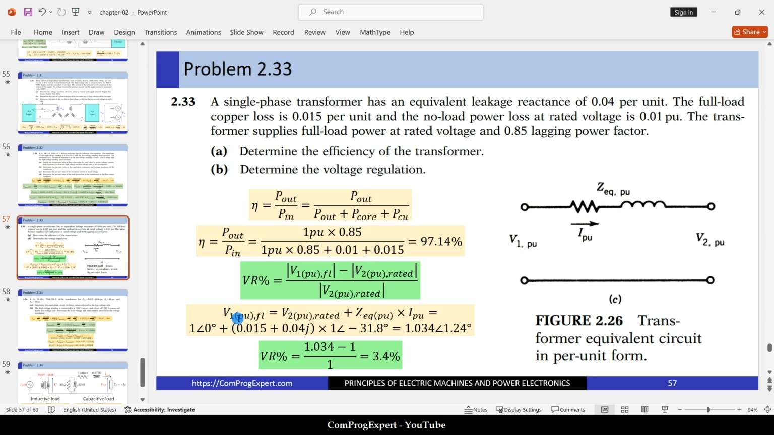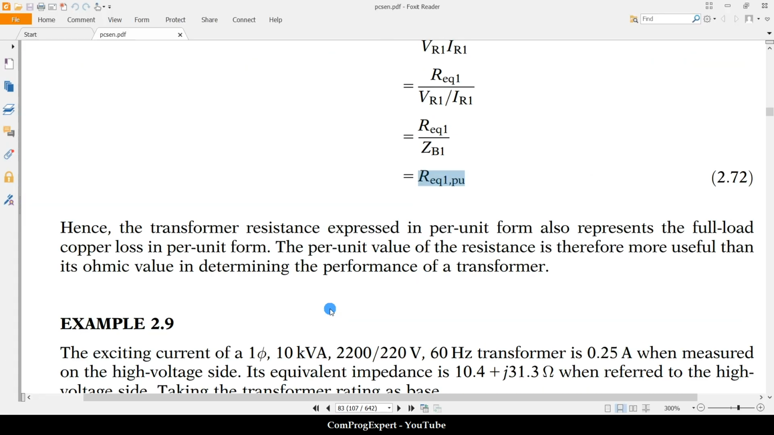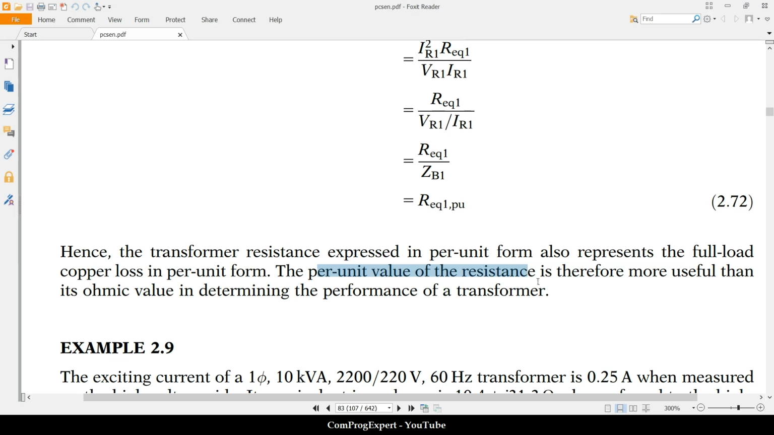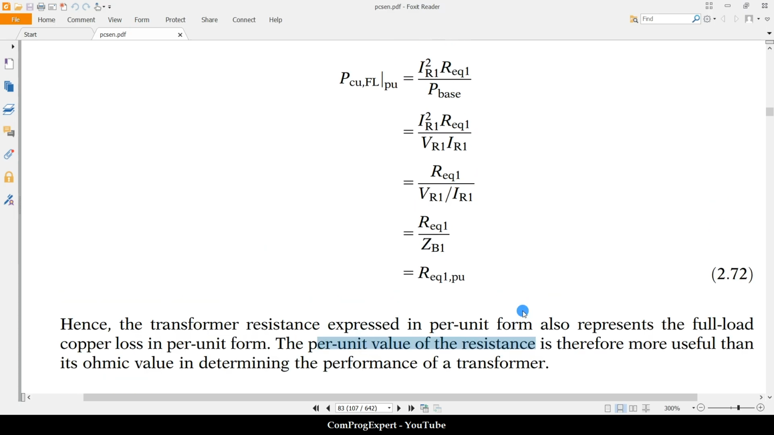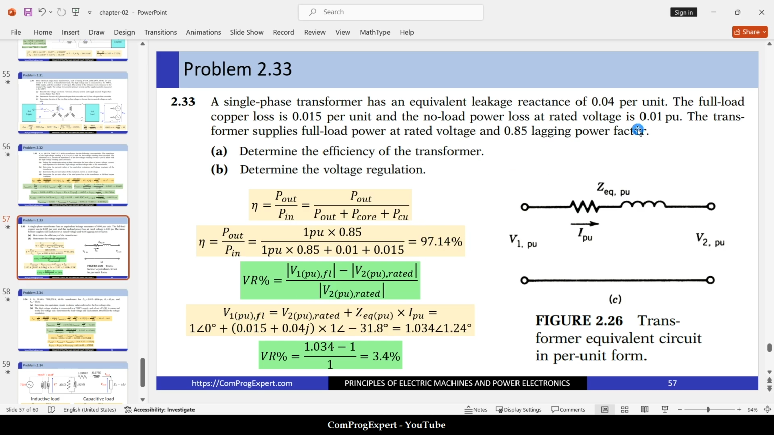So V1 in per unit for the full load operating condition is V2 per unit rated, Z equivalent times I per unit. What is the value of the Z equivalent? It is the R equivalent in per unit plus the leakage reactance in per unit. The value of the leakage reactance in per unit is given here, and again we know this, the per unit value of the resistance is equal to the per unit value of the full load copper losses. This number is given here,